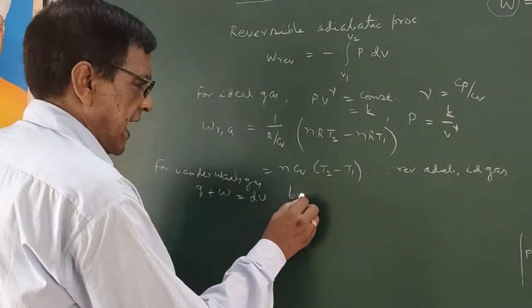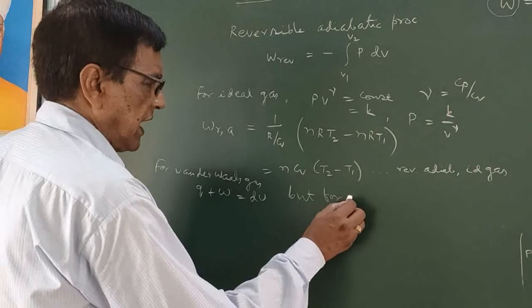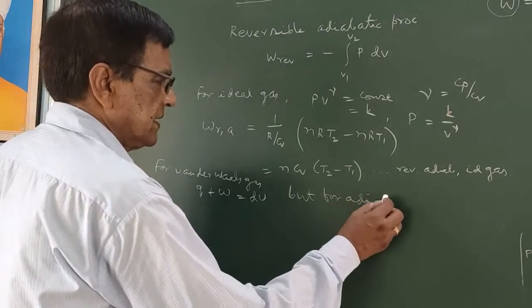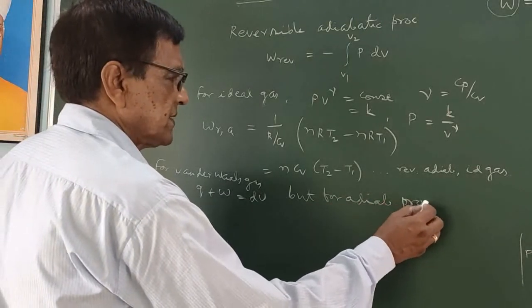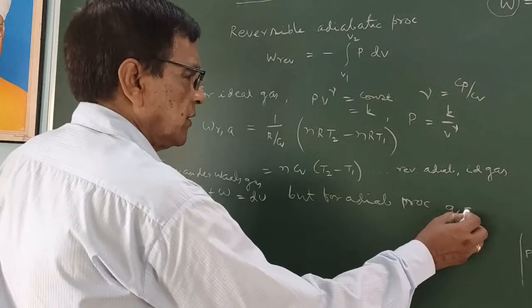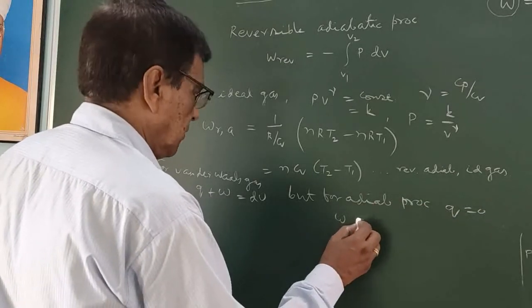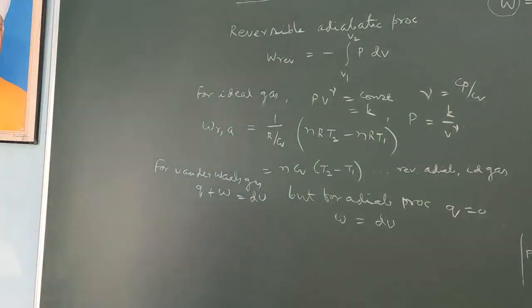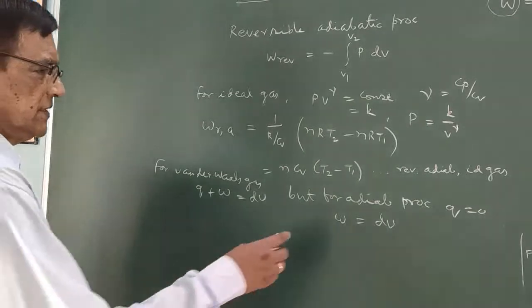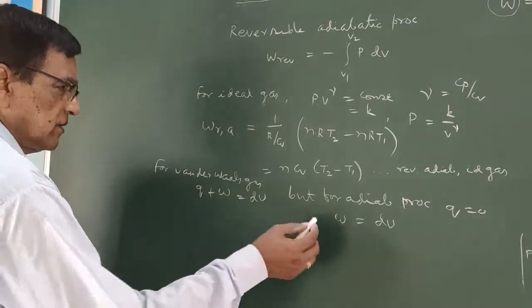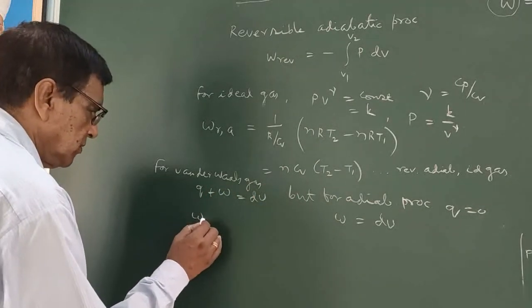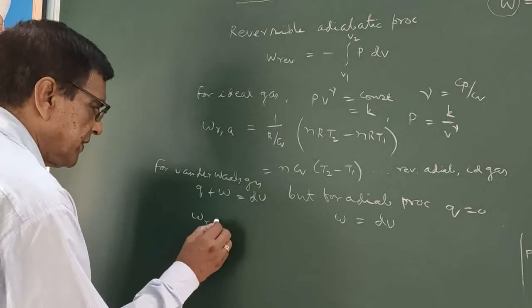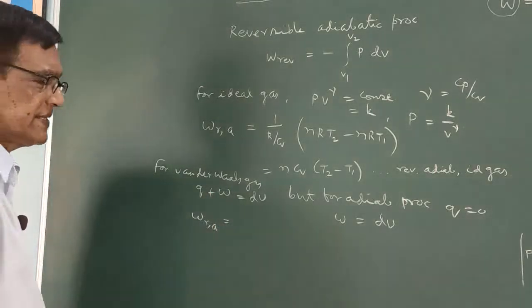But for this adiabatic process, Q equal to 0, so W equal to dU. And for this Van der Waals gas, we can write this W reversible adiabatic for this Van der Waals gas equal to